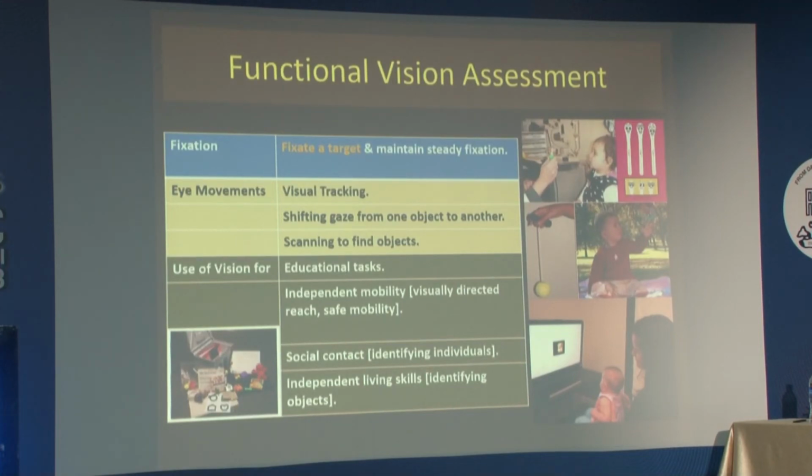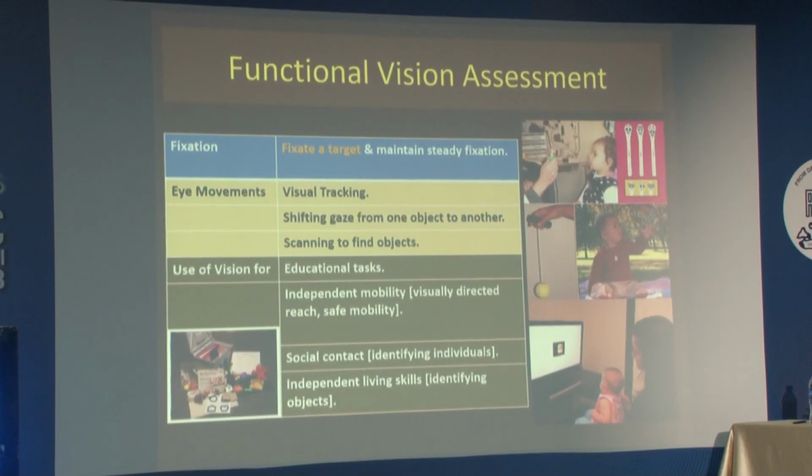So for that, you'd have to test fixation, eye movements, and see what kind of work he can do or activities that he's doing. So this is all detailed stuff. It will take an entire lecture on its own. So I'm just going to avoid going into details. Just remember that functional vision assessment of little children is very essential. If you can't perform it, which probably most of us won't perform in our clinics, one can